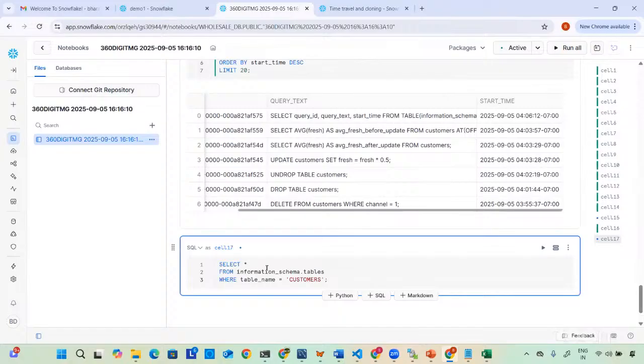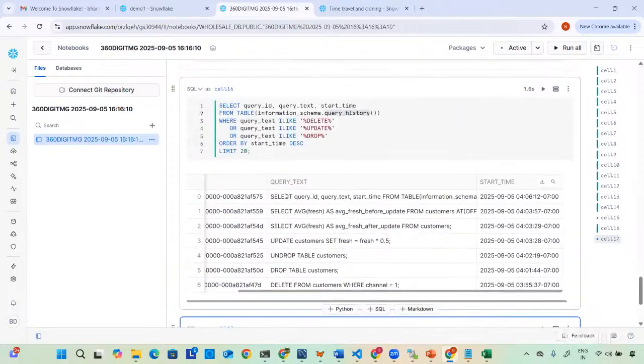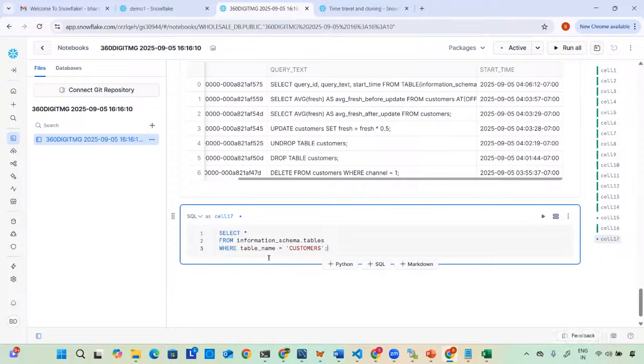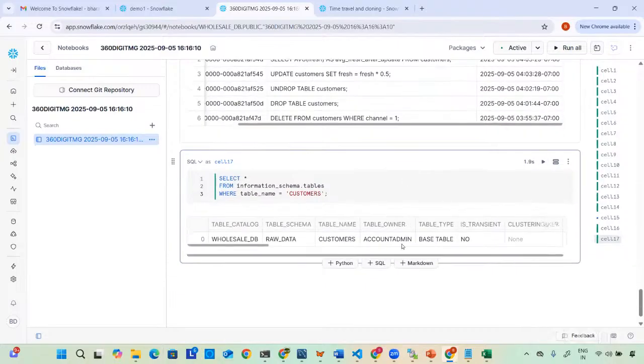Just select everything from information schema.tables and table name customers. This time we are not querying the query history table. Just for the table customers, what is the last alteration that has happened? Just run it. You will get the details. If you go and check there,